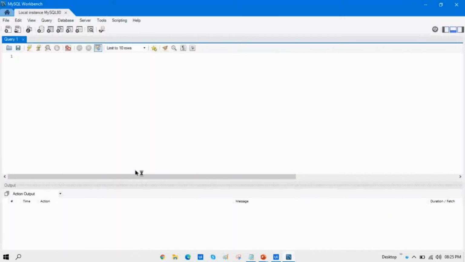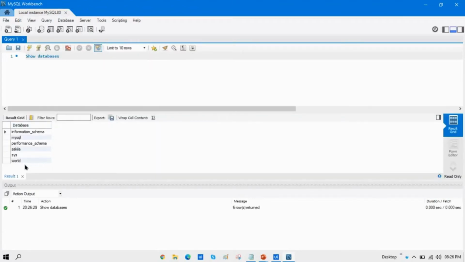So if your password credential is valid, then you will see this page. It means we have connected here with the server. Now this is the query page. Here we can write our query, like create database, or create table, select query, update query. Here we can write. So first you can see if you have a database available. So I'm going to write show databases, and then click on this execute button.